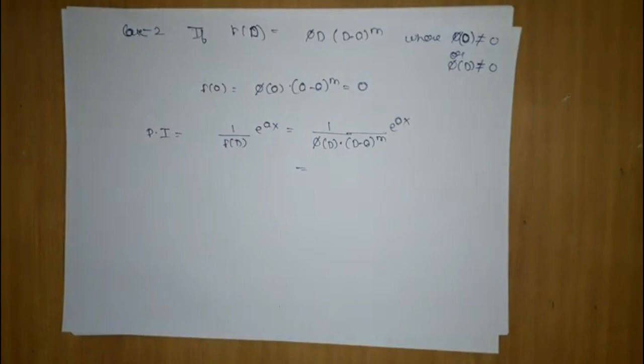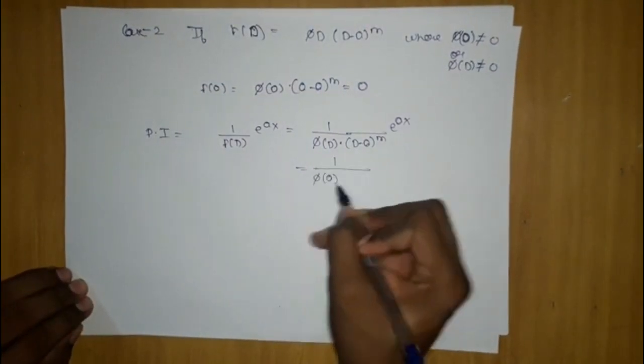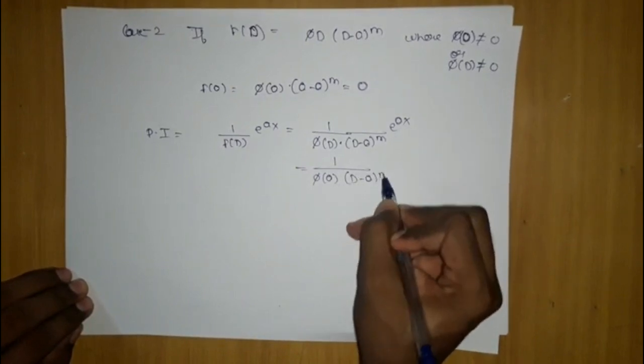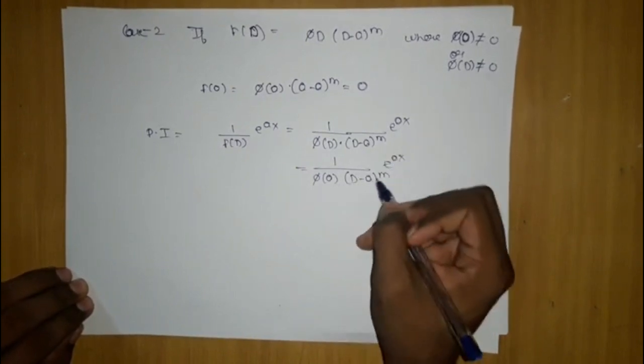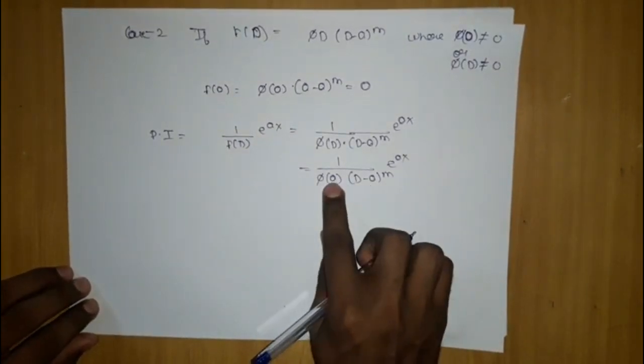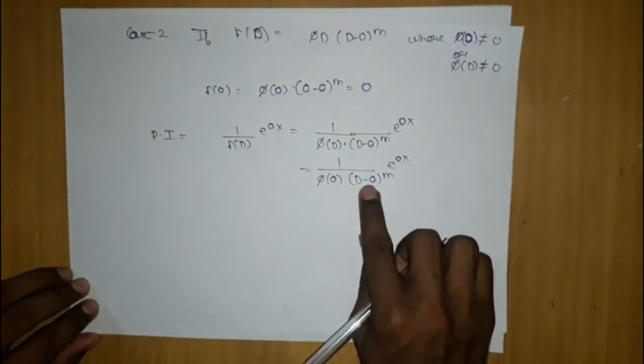So what your job will be is, first substitute. You know that you are going to get 0, but still you have to substitute in phi(D) for the (D minus a) power m into e power ax. Now you know this will come out to be 0. You have to substitute a in phi only, because this cannot be 0 in the condition of case 2.